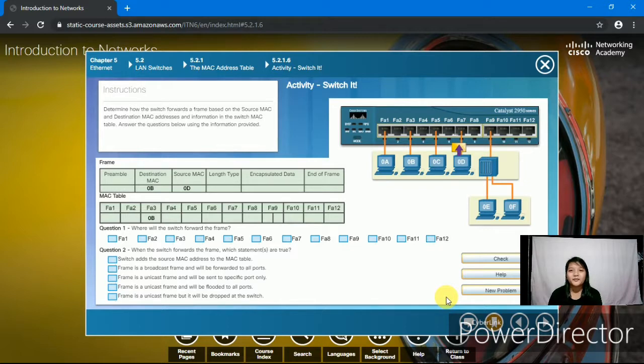So we'll start the second problem. Our switch port FA1 has a device OA. Then our port FA3 has an OB connected. FA5 has OC and FA7 has OD, and at FA9 we have the hub, which is connected to the